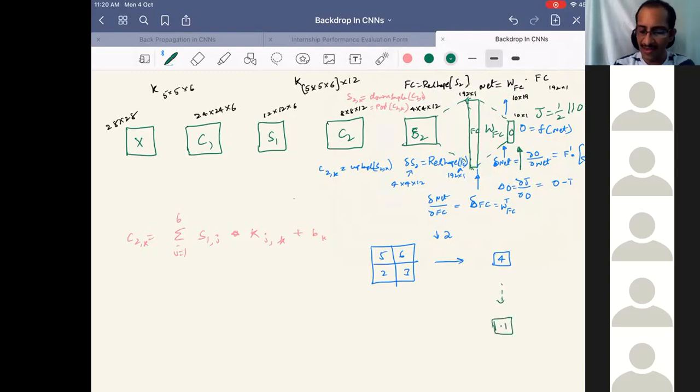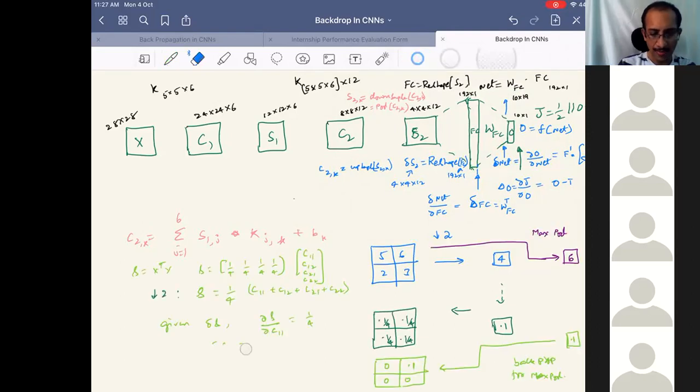This is in forward propagation, and this is in back propagation now. I want to see how the back propagation should be. I want to write the errors at all locations. So, the computational graph, just as a cross check: we have C11, C12, C21, C22. Each is multiplied with 1/4, this is also 1/4, and this is 1/4. And you actually have delta S.